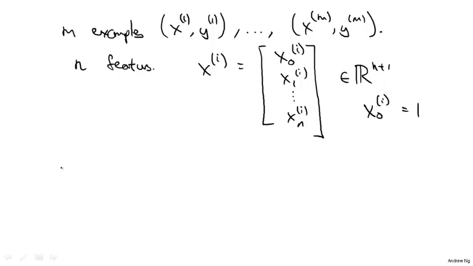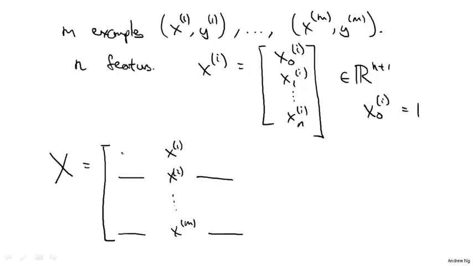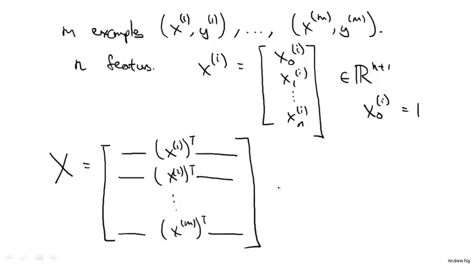So the first thing I'm going to do is compute a matrix, which I'm going to write as capital X. And the way I construct this matrix is I'm going to take each of my training examples, x1, x2, and so on, down to xm, and I'm going to stack them in rows to form this matrix X. So technically, this is going to be x1 transpose, x2 transpose, up to xm transpose. Okay, and it turns out this will be an m by n plus 1 dimensional matrix because I have m training examples, so m rows, and each row is going to be one of my training examples, which is n